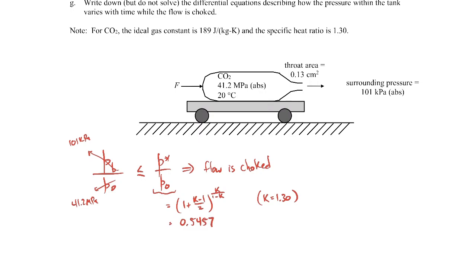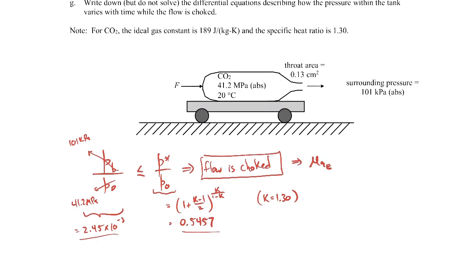So when we take this ratio on the left-hand side, that'll come out to be 2.45 times 10 to the minus 3. So clearly that is much smaller than P star over P naught. So indeed the flow is choked at these conditions. Okay, so we know that the flow is choked, and since the flow is choked, that means that the Mach